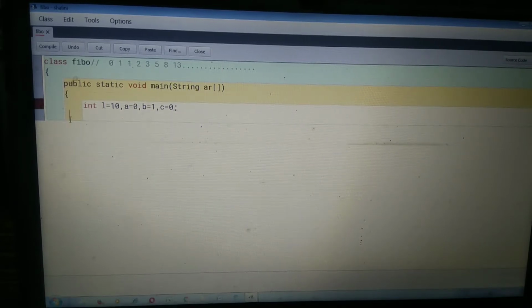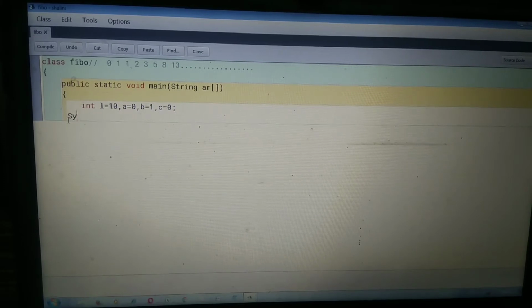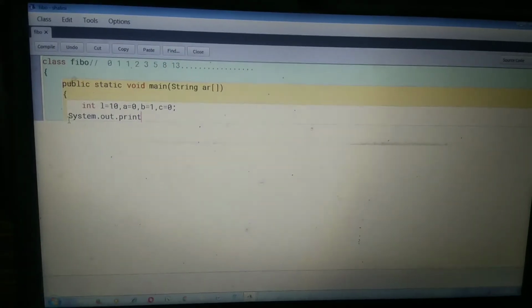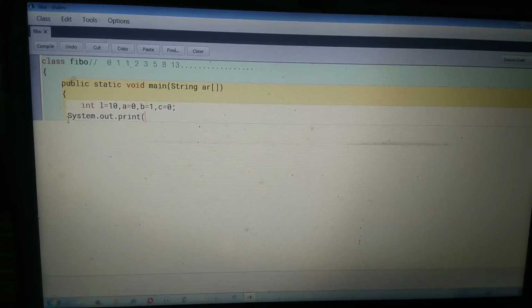So here system.out.print. I am not using ln because we have to print in a same line. So here system.out.print. Then what you have to print? A value, A, then plus sign, take space, one, two space.